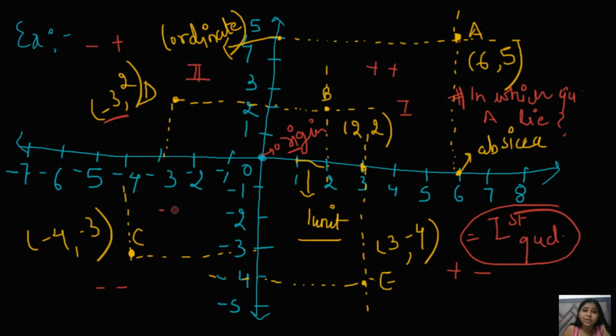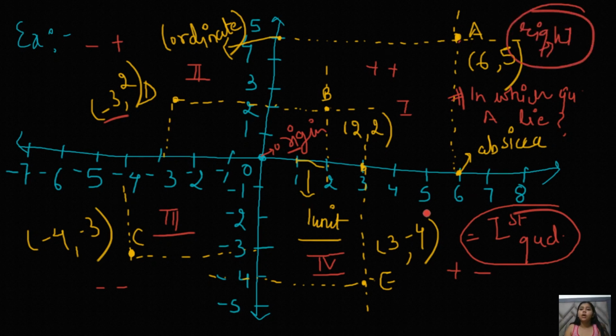You people will be thinking why I am marking first, second, third, fourth in every slide, why I am marking the origin in every slide, why I am marking abscissa and ordinate in every slide. I am marking so that you can retain these terms and learn them, okay? So this is the first quadrant, second quadrant, third quadrant and fourth quadrant, and remember we always start from the top right corner to count the quadrants, right? This is what we have to do in coordinate geometry, okay? So let's move to the next slide.